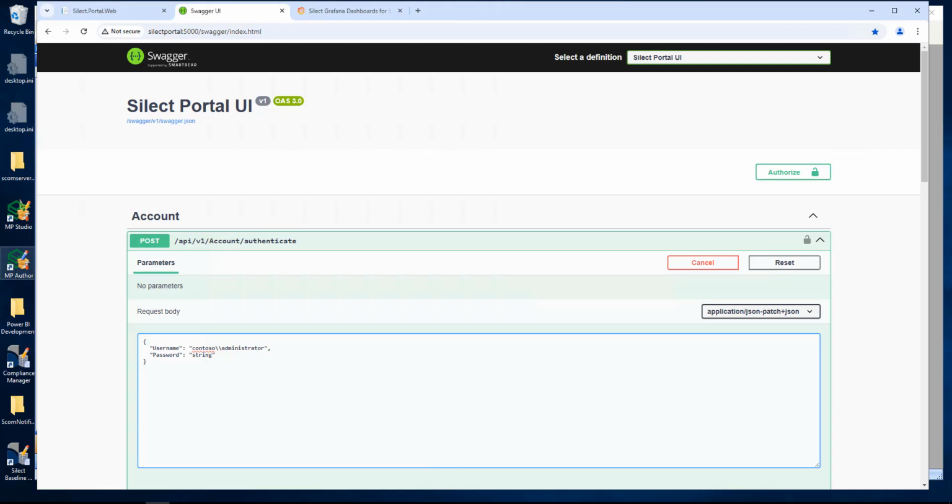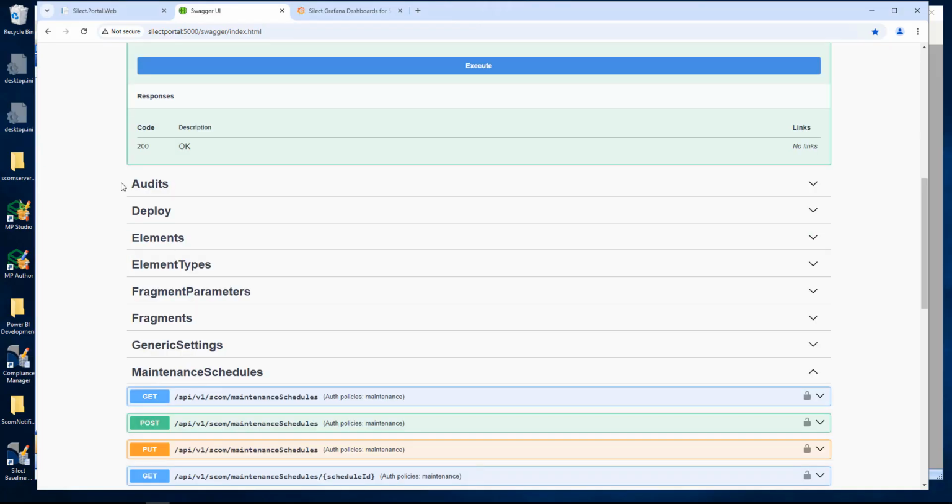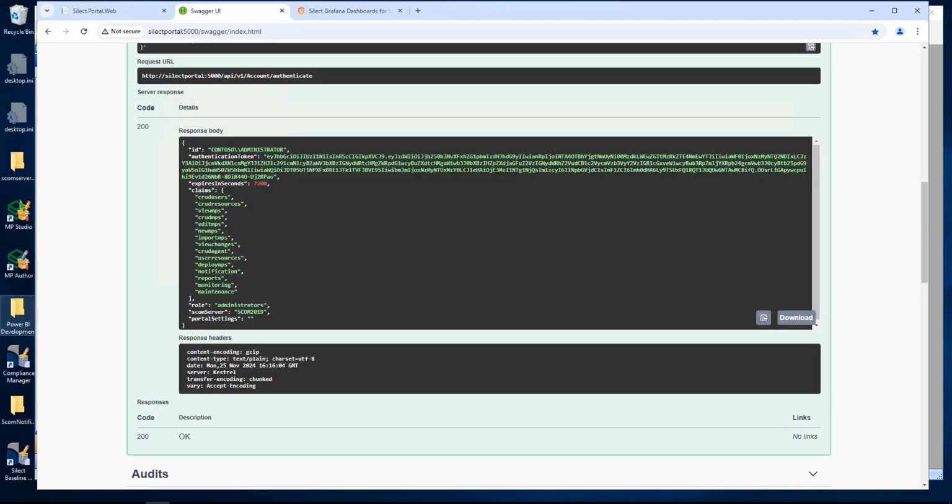I'm going to put in the password. So once I've put that password in, I just scroll down and I'm going to execute this call. And again, just off screen, I did the authentication. The response back from the API is going to give me this token that we're going to make use of. And so what I'm going to do is carefully copy and paste